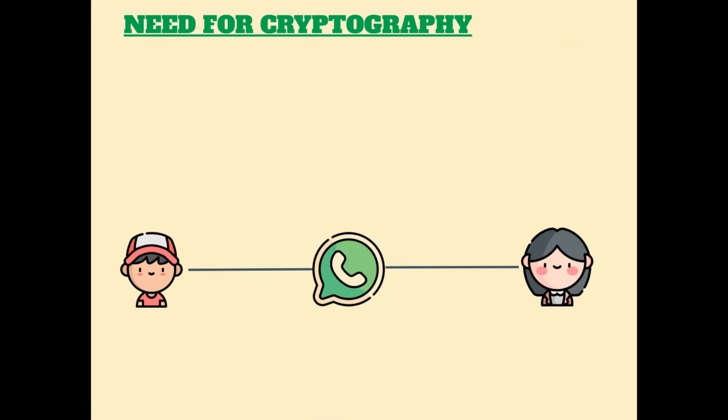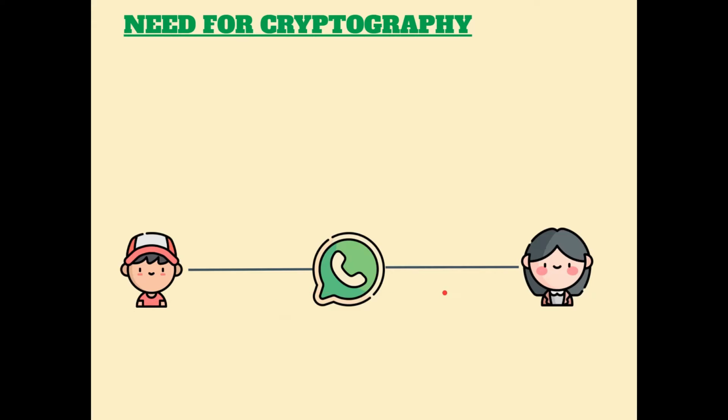Now, what is the need of cryptography? For this, let us take a very common example. Let us take a boy and a girl communicating over a messaging platform. We have taken up WhatsApp. Now, WhatsApp is a highly encrypted, highly protected platform, we know, but for the time being, let us consider that it's not encrypted. It's an open platform. Now, this boy can send any messages to this girl and vice versa.